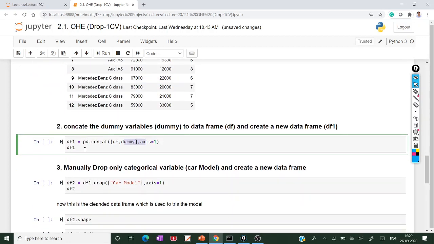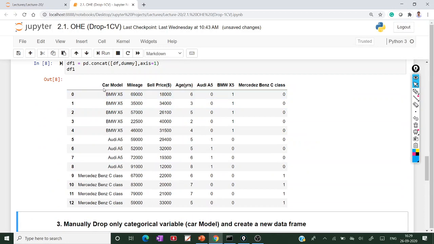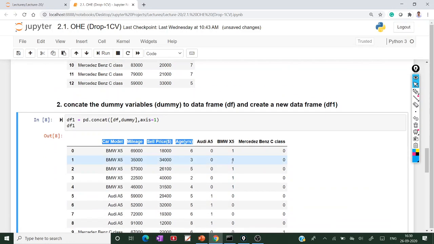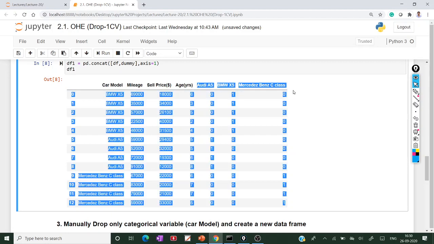By applying the concatenation, you get the new data frame df1. Up to here is the data df, and from here to here are the dummy variables. So the car model can be represented by these dummy variables.